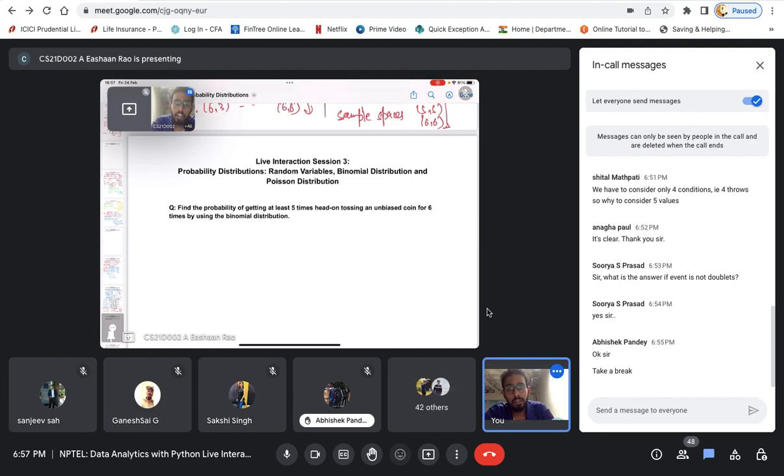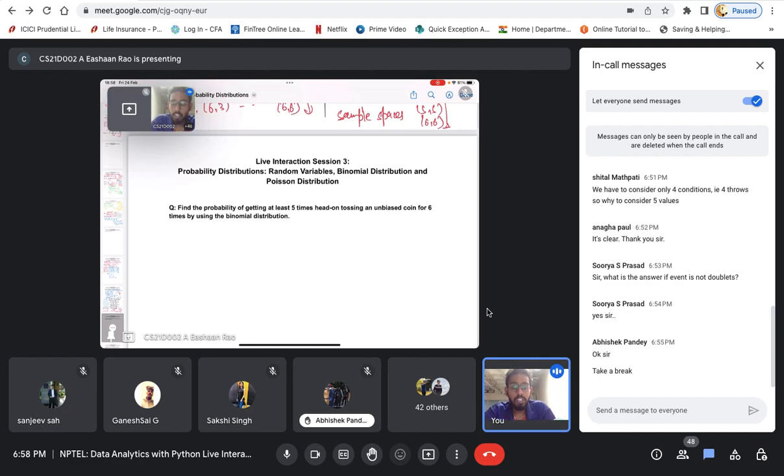Now I can represent that using binomial. The reason being, if I'm flipping the coin 6 times or 10 times, I will get various combinations in which order I will get x number of heads in a particular sequence. So if I'm flipping a coin 10 times, the order in which 3 heads will come in those 10 sequences might differ a lot. So we calculate those kinds of